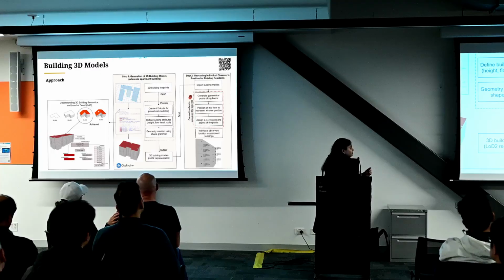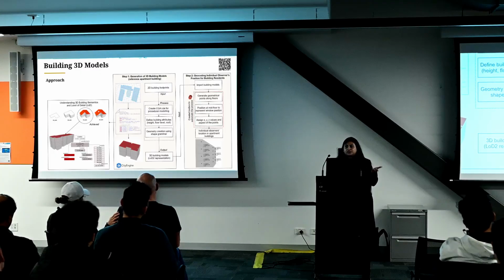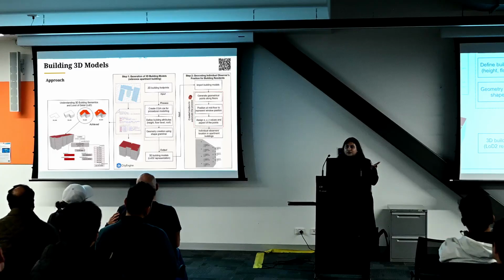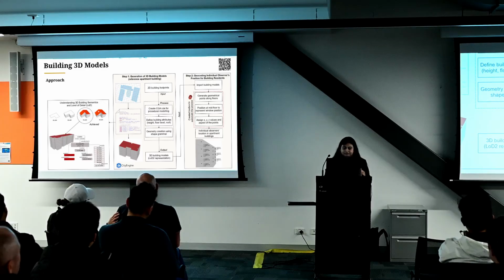For each point, the X, Y, and Z. The X is latitude, longitude, and Z is the height. So you have the X, Y, Z feature in 3D, and in the environment, the building models were placed.